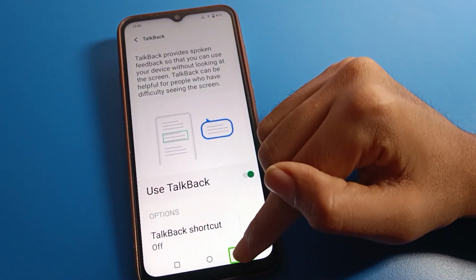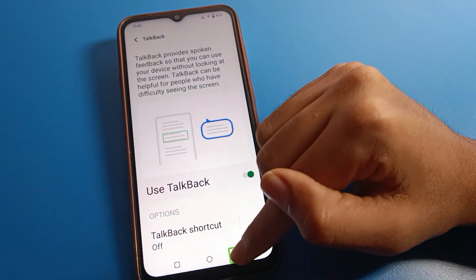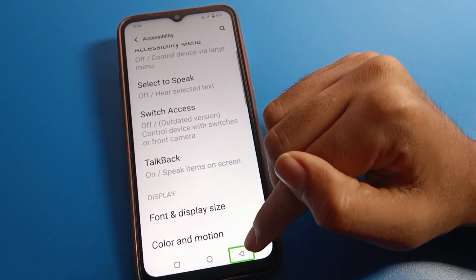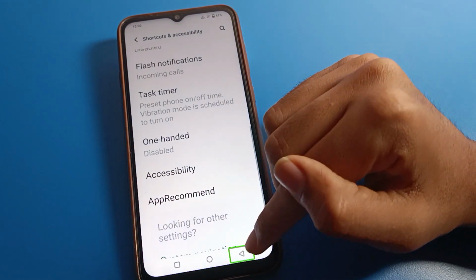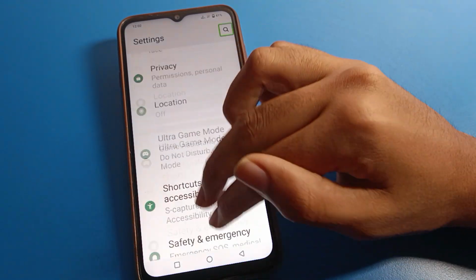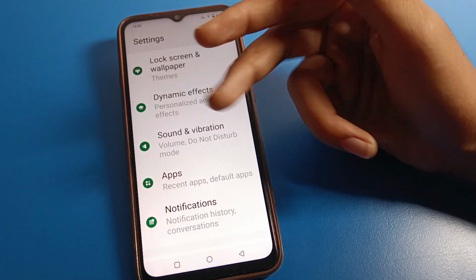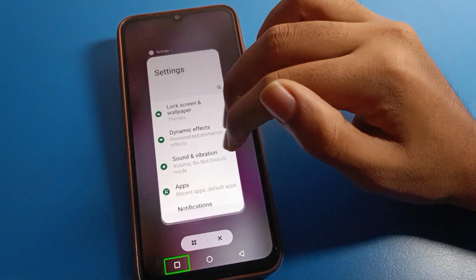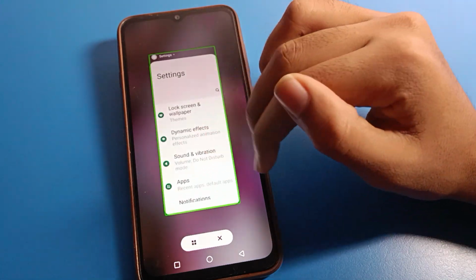So friends, you can use TalkBack with a double tap, because if you use one tap, you cannot use your phone's back button or any button on your device. So one tap here and double tap here, and you can use your screen with two fingers; with one finger you cannot. And if you want to close any app, double tap here and you can close it with two fingers. Okay friends,